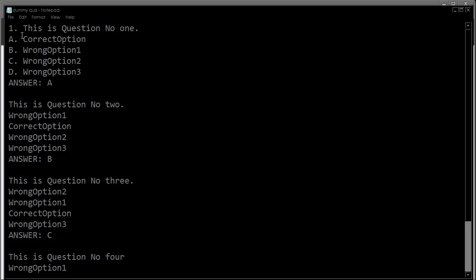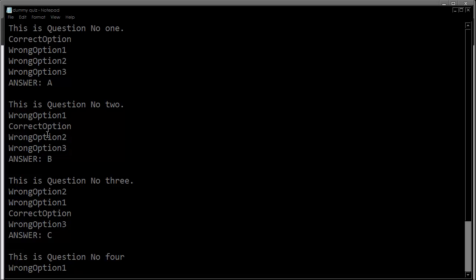First of all, I'll have to type all these questions into either a Word file or a Notepad file like this. If you have the question number and the answer option numbers like this, it's better for us to remove them, because keeping the option numbers will have no use of shuffling the options or the questions. The students will be able to make a key with the question number and the correct answer for that question number, and they will be able to distribute, resulting in some type of cheating. So removing the question number and also the option number is going to make cheating a lot more difficult.